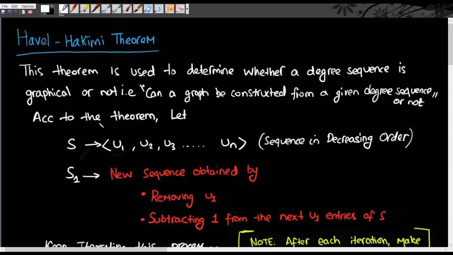So according to this theorem, let capital S be a degree sequence that is given in descending order. It's represented by u1, u2, u3 up to un, where u1 is your largest degree and un is your least degree. This theorem states that from S you obtain a new degree sequence S1. This new sequence is obtained by first of all removing u1, that is, you remove your highest degree